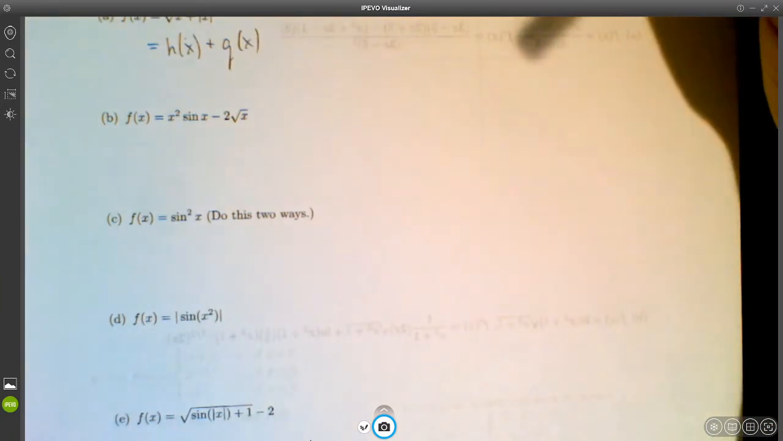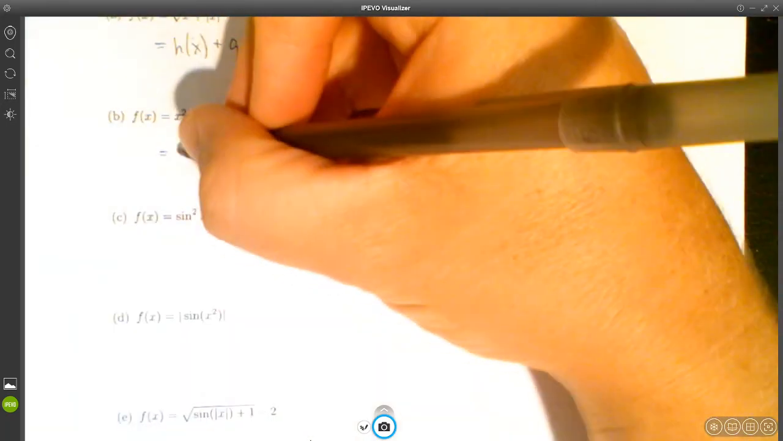Part B. Go ahead and give the video a pause, see if you can do part B. Okay, here's my solution. I'm going to say, obviously x squared is g of x, so I'm thinking this is